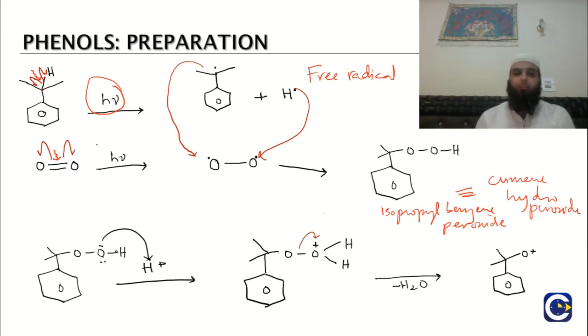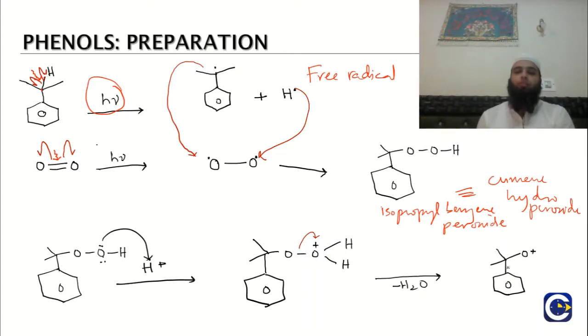So the reaction proceeds from this particular intermediate product, and from this step onwards there is no free radical mechanism. The general mechanism takes place. The lone pair of this oxygen abstracts the proton from the acid, and there is the formation of this hydronium ion. This is unstable and a good leaving group, and it leaves as water, and we get this intermediate product here.